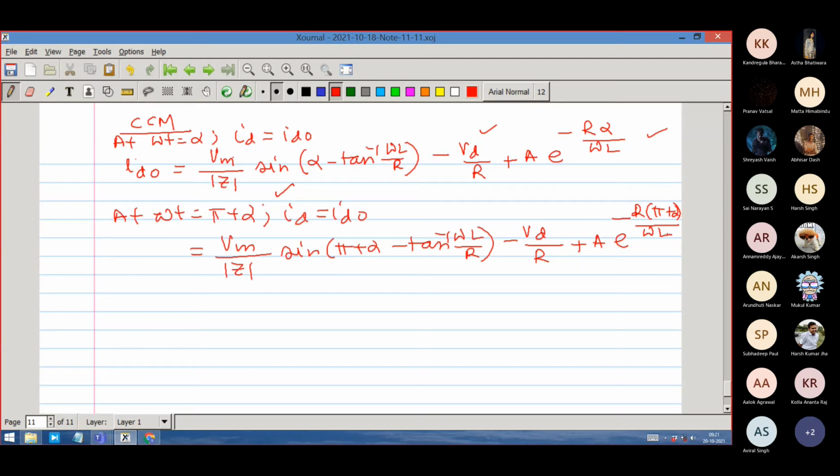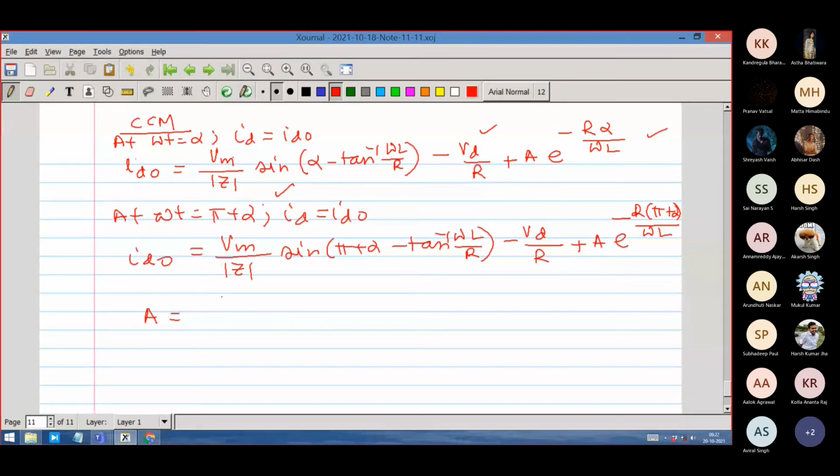Right. So what we get, I have to solve to know this thing. I have to first solve what is A. So what is A? Constant. So A is equal to, you subtract it, both sides I_D0 cancels. I subtract equation 1 and 2, then this thing cancels. So you then get A is equal to Vm by Z